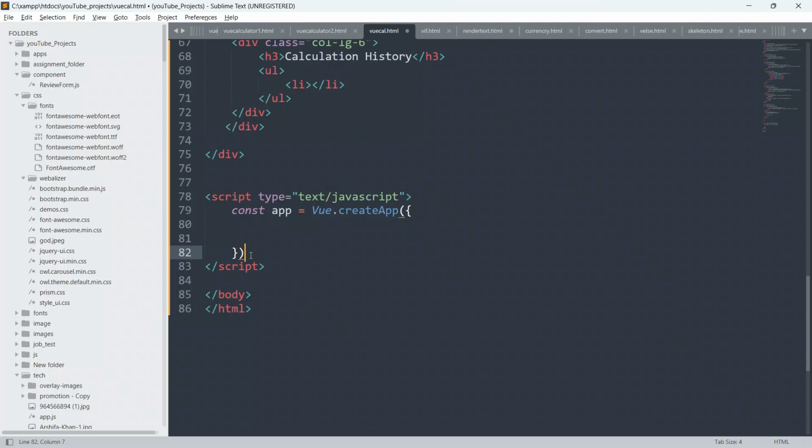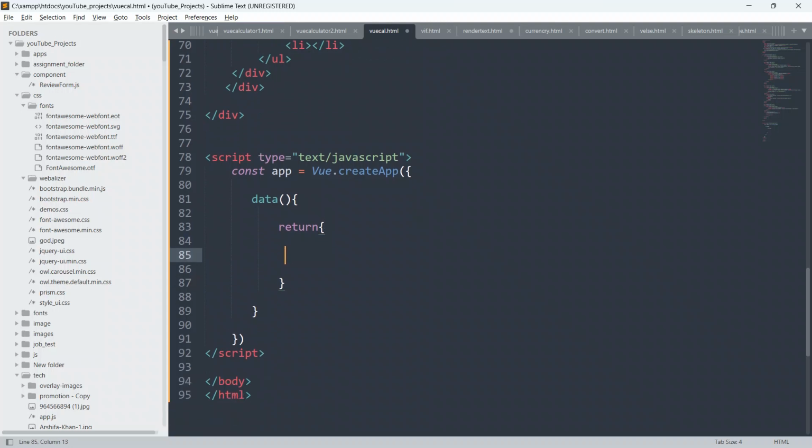Okay, so guys, now here I'm gonna create the data function first, which will be the container or the holder for the Vue.js properties or the variables. So I'll say here data function, which will return all the object or the properties from this Vue.js instance. So I'll say here return and just give open and closing curly braces. Now we will be creating some data properties, some data variables, which is also known as state variables or state properties.